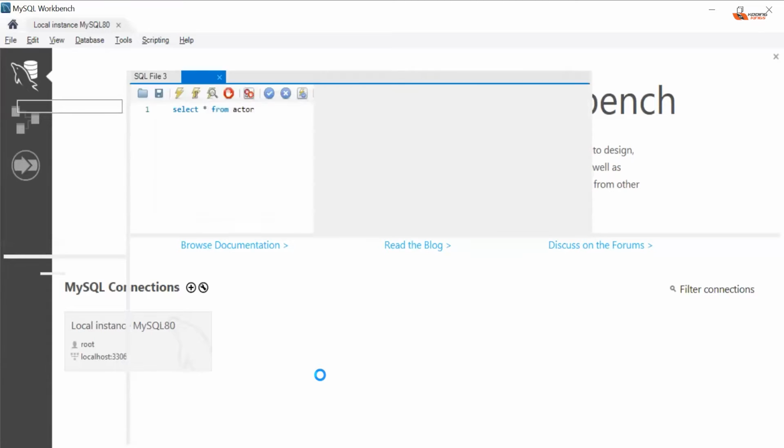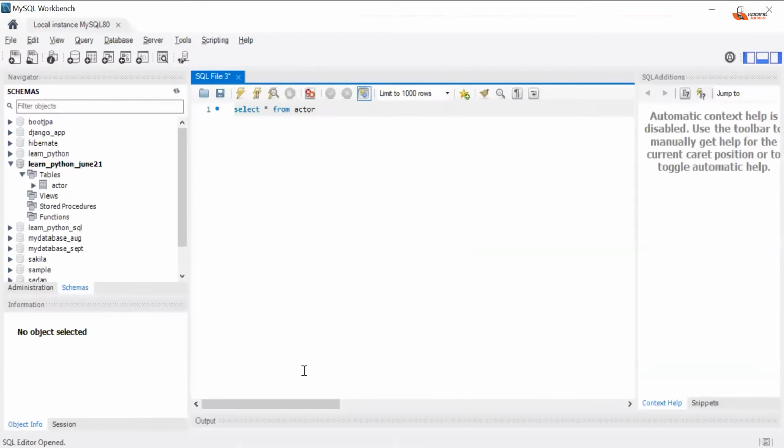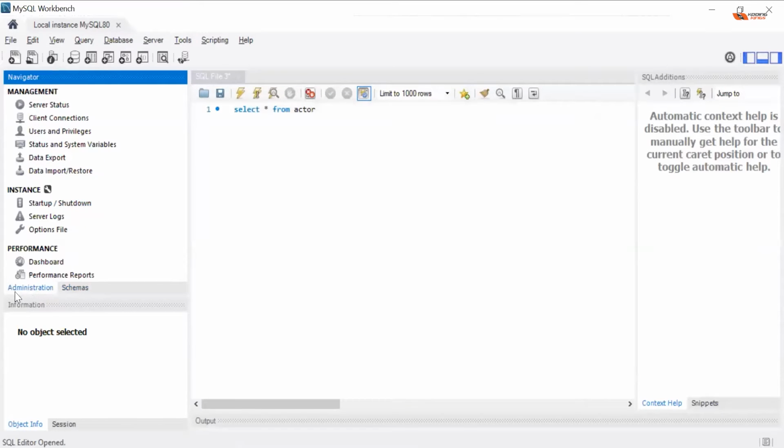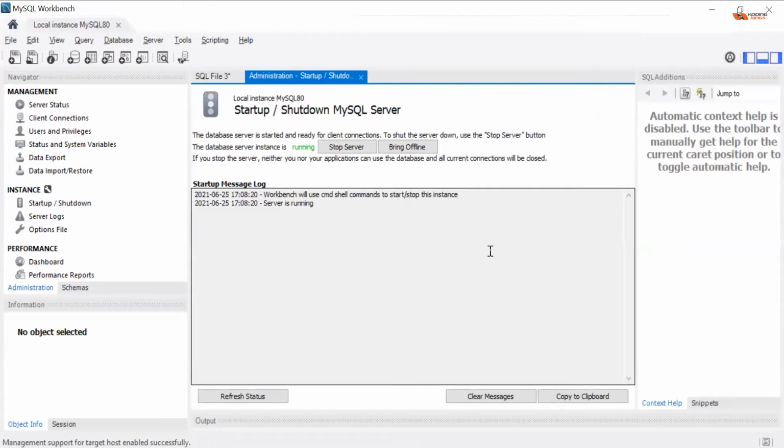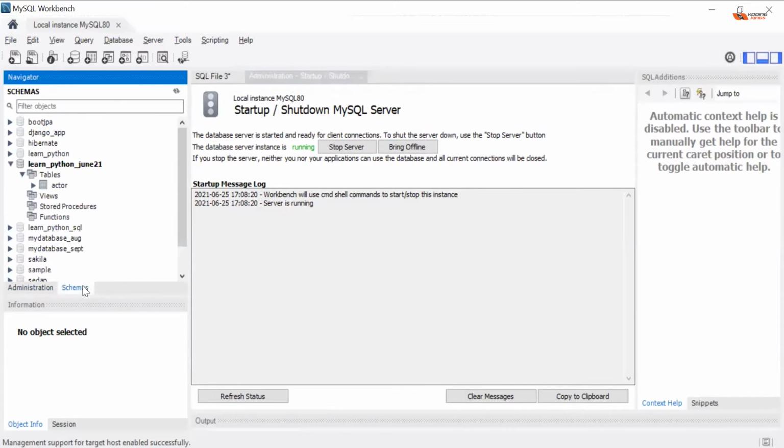So I'll be able to see whether my MySQL is running or not. If you want to see that, you can choose the administration tab, startup and shutdown, and you will see whether your MySQL server is running, or you can stop it or start it, depending on what you want to do. If you want to see the databases, click on schemas and you will see some already there.